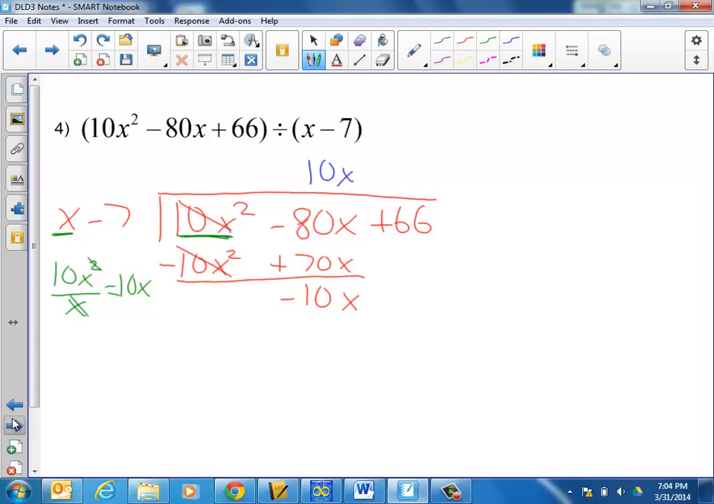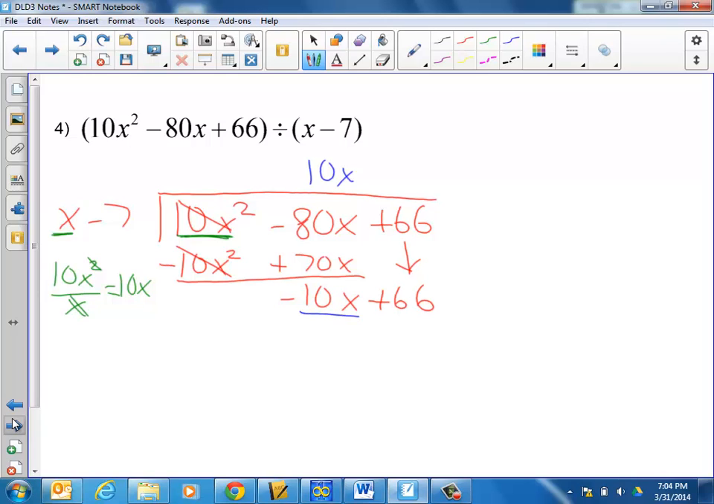All right, well notice that over here, you've got two terms in the divisor, and the negative 10x that we just wrote is only a single term. So just like you did for long division from the past, you're going to bring down the next thing that you see, the plus 66 here. And we're going to now ask ourselves,